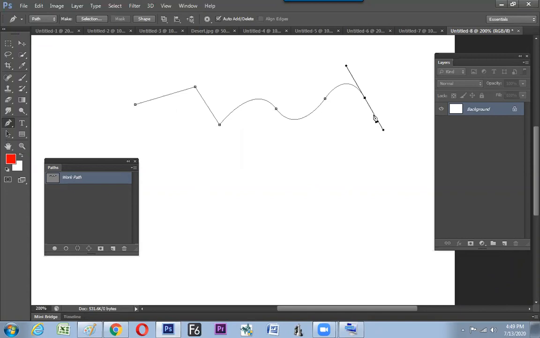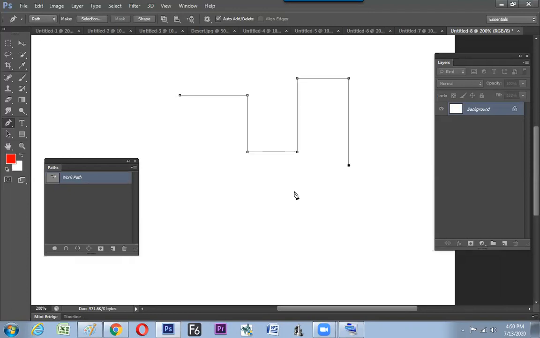The bend happens only on the opposite side of where you drag. If you need a bend in the downside, you need to drag upside. If you need a bend in the upside, you need to drag downside. So you know how to work with the pen tool. These are the things to get under your control. Next, shift and click always makes vertical and horizontal lines. So shift makes straight.